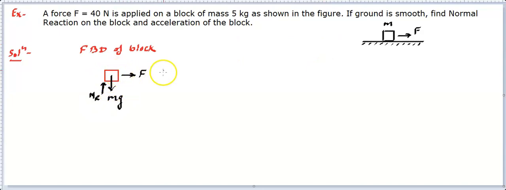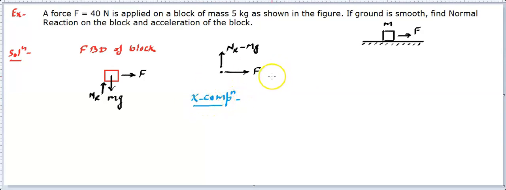Now we will draw the total forces. In the x direction it is F, and in the y direction it is going to be N minus mg. So this is how we can draw the forces. This is the x and y component of force. Then we will talk about what is happening in the x direction. So x component of motion, let me write over here. Well, this is just to explain to you. When you solve, you can solve directly. This is how we take the steps.